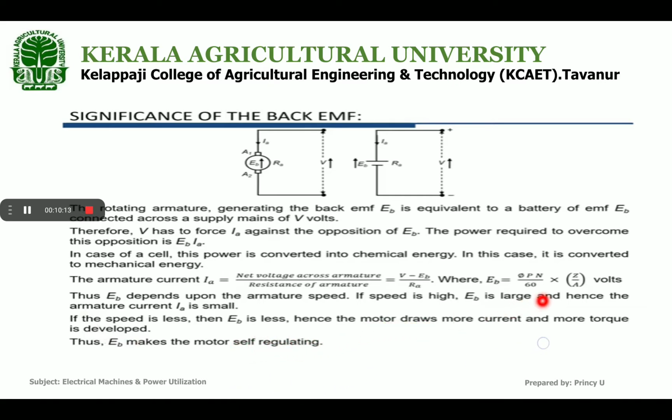ഓക്കെ, അപ്പം നമ്മൾ നോക്കാം. ഇപ്പം ലോഡ് കുറവാണെന്നായിരിക്കും. ലോഡ് കുറവായിരിക്കുമ്പോൾ എന്തായിരിക്കും? സ്പീഡ് ഹൈ ആയിരിക്കും. സ്പീഡ് ഹൈ ആയിരിക്കുമ്പം ബാക്ക് EMF എന്തായിരിക്കും? Back EMF കൂടും. So back EMF increases, it can reduce the armature current. So it regulates it. And if load increases, speed reduces. So back EMF also reduces. So the value of IA increases. So it regulates and it produces more current.